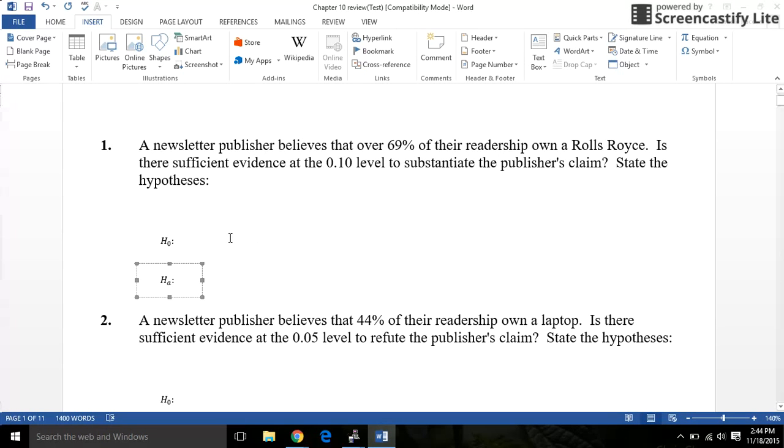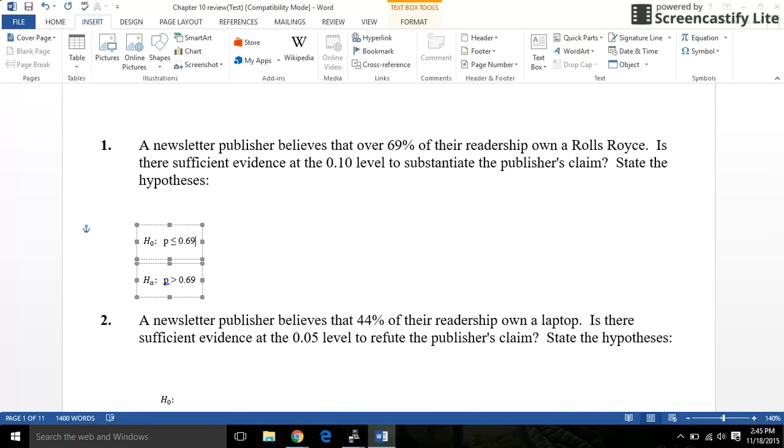State the hypotheses. Since I'm not talking about means here, I know I'm going to use a P in my answer. So, it believes that over 69% of their readership owns a Rolls Royce. They want to test that, so that's greater than. Down here I'm going to put greater than 0.69. I changed my percentage to a decimal. If they believe it's over that, then the mathematical opposite for the null hypothesis will be less than or equal to